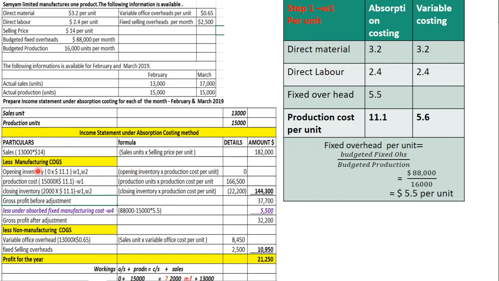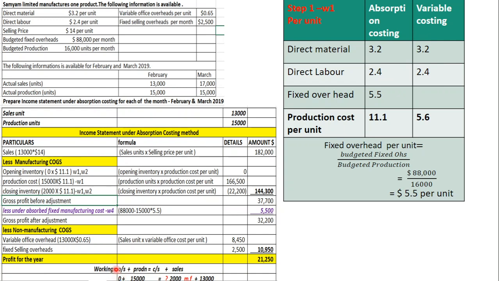So in the income statement, there's your opening inventory, the production units, and then there's the closing units. This data you need to solve first. To solve it, you can look down here. I put a working down here, the missing inventory calculation. That's your opening stock plus production equals closing stock plus sales. Opening stock, if you look for the month of February, is not given, so I put 0,